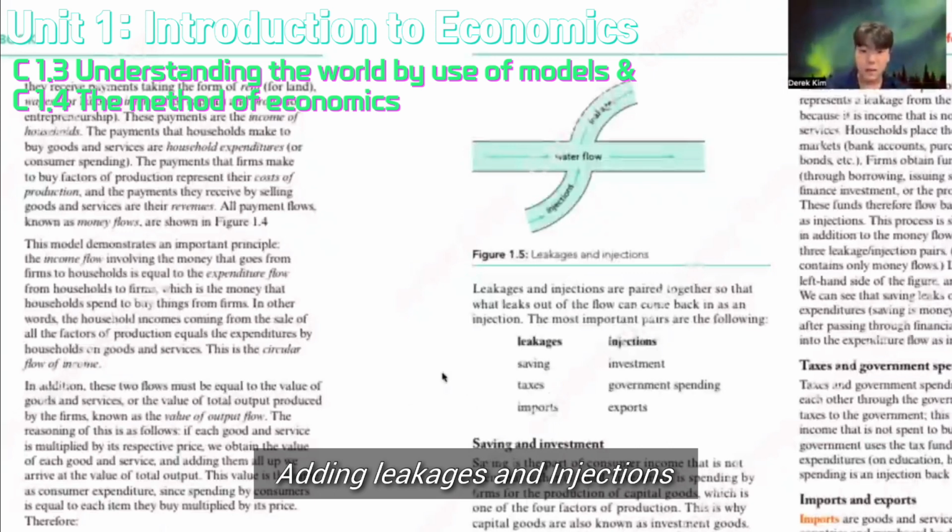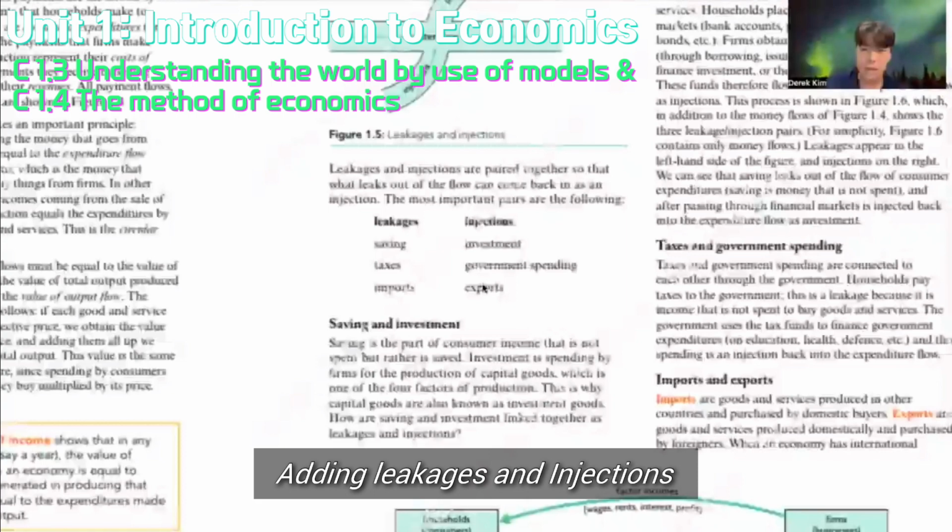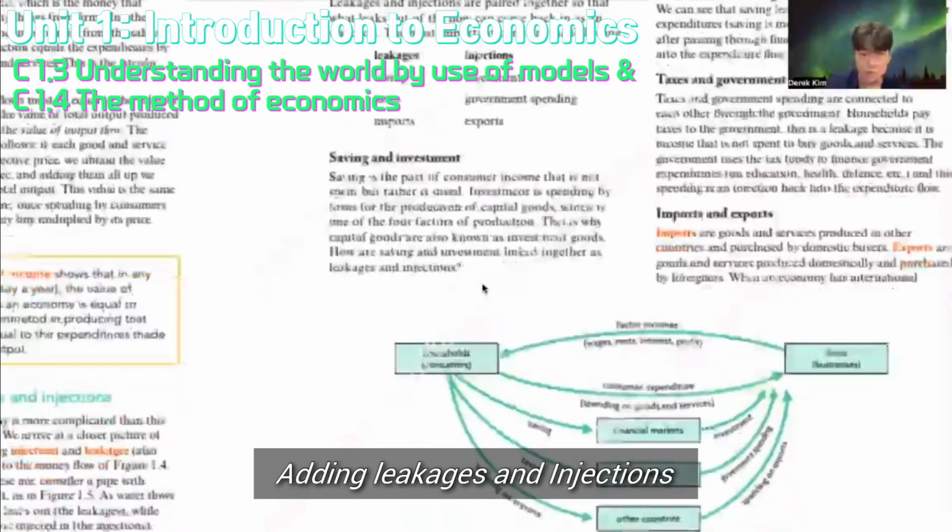However, it can be injected back into our economy in the form of exports. We are exporting our goods internationally. That means international consumers will purchase our goods, so international money is coming back into our economy. So that is how you explain exports and imports, taxes and government spending, saving and investment in the form of